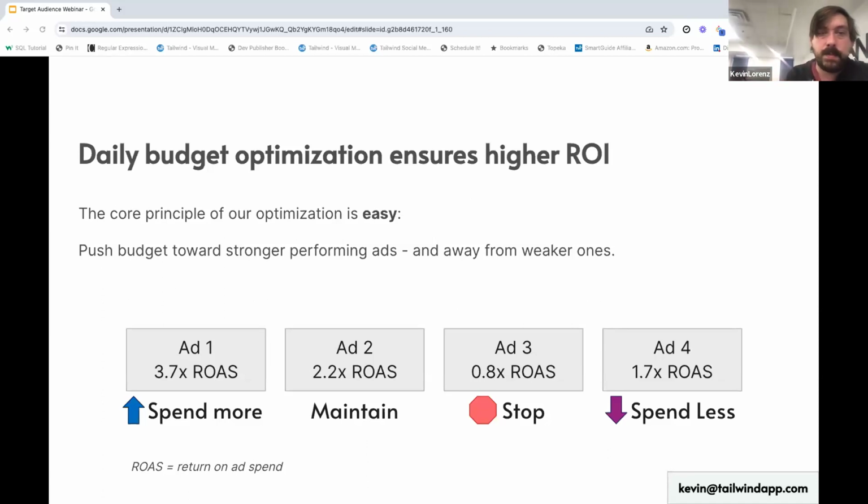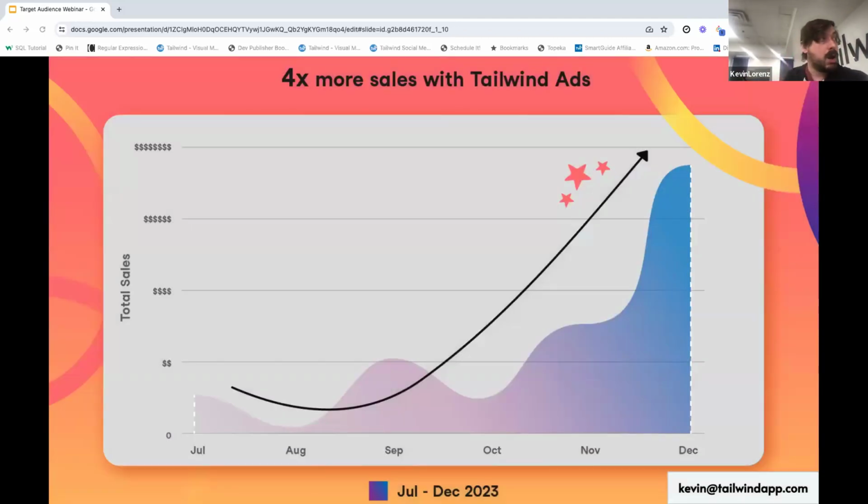And over time, right, as she ramped up her budget, as she tested new products, she was ultimately able to scale her total number of sales by 4x by the end of the year, right? And so she kind of stuck with her base initial ad budget for about 6 to 8 weeks, and then she started ramping it up as she saw it worked. She introduced more products. She found a couple others that did well, but those earrings that I showed you earlier